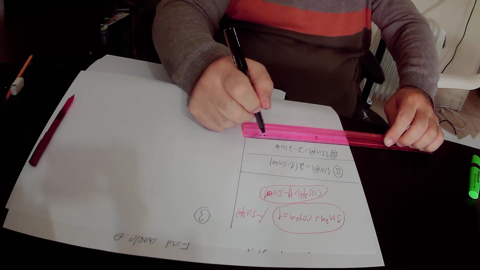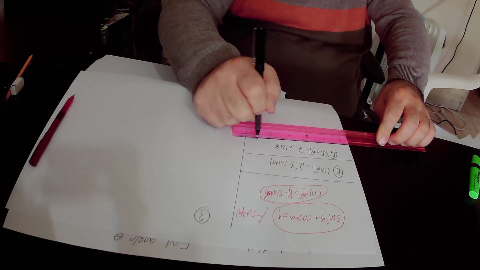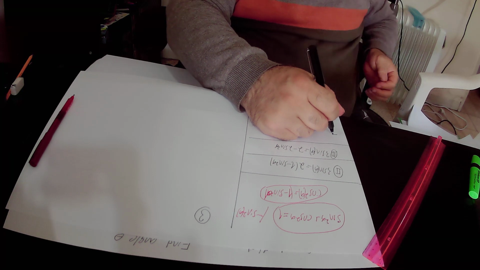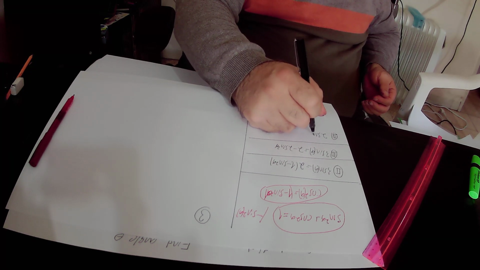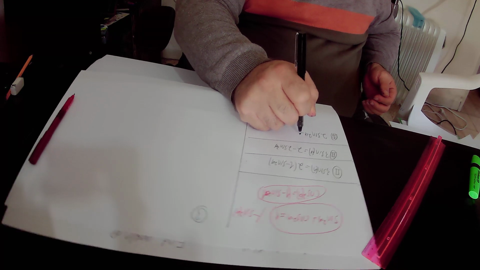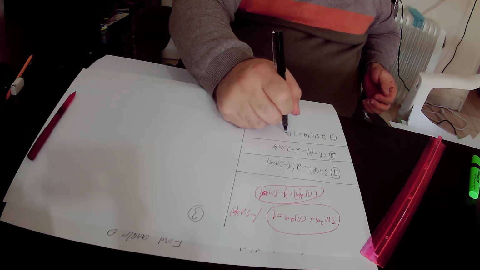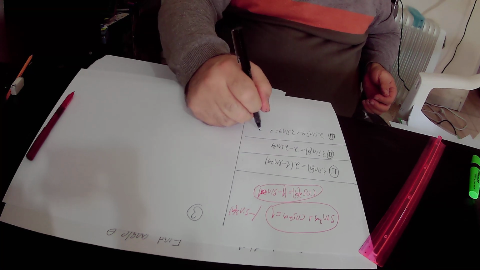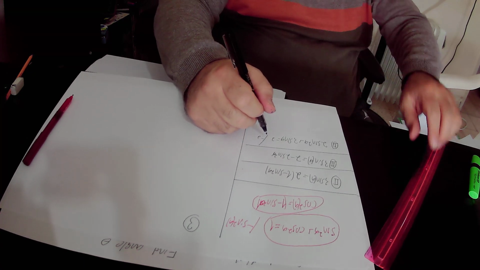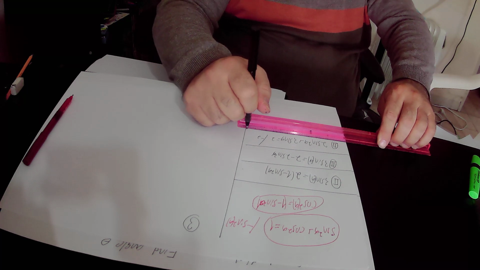We will add 2 sine square alpha to this equation, and we get that 2 sine square alpha plus 3 sine alpha equals 2. We subtract 2 from this equation, and we get that according to equation number 2,